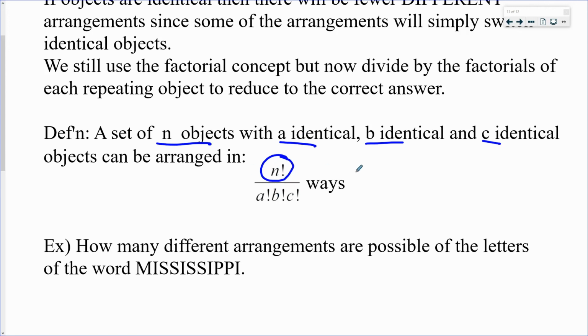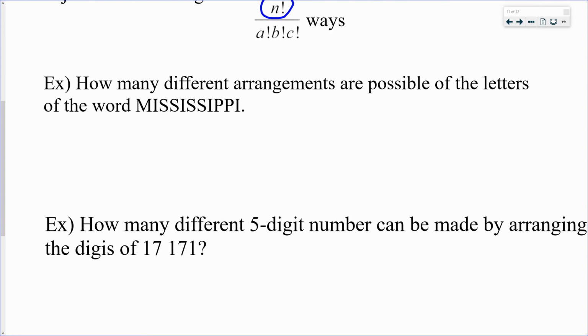So to demonstrate this, let's do: how many unique arrangements of the word Mississippi are there? I chose this word obviously because there's a lot of repetitions going on here. First of all, figure out your n. How many total letters are there? 1, 2, 3, 4, 5, 6, 7, 8, 9, 10, 11. So there's 11 letters, so the quick way of doing it is you're going to go 11 factorial divided by,